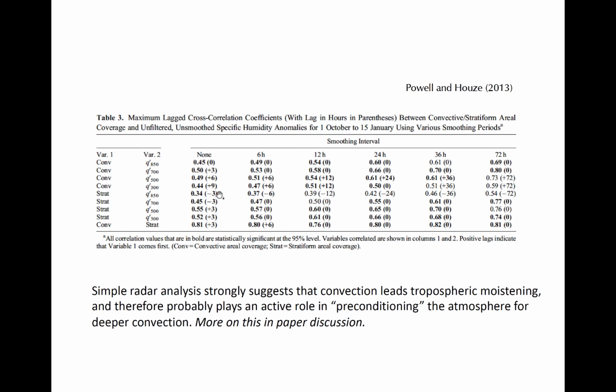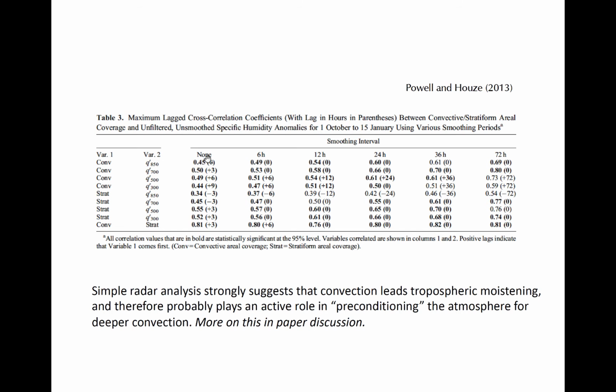The numbers in the parentheses here indicate the times at which the lag correlations were highest, and a positive number indicates that the variable in the first column precedes the variable in the second column. The different columns under a smoothing interval just show results when the time series are smoothed at various levels. Just focusing on this third column, or the first one under a smoothing interval where there's no smoothing used,